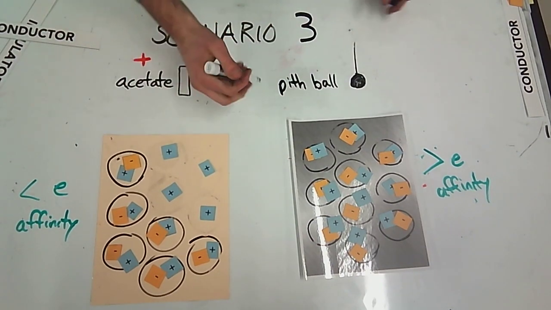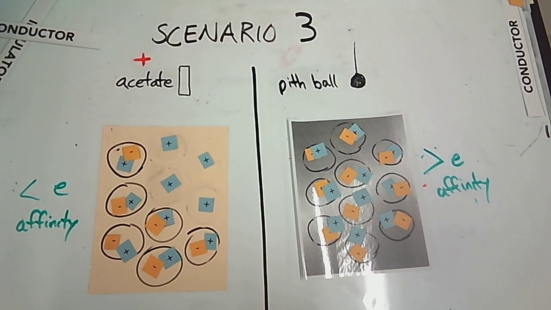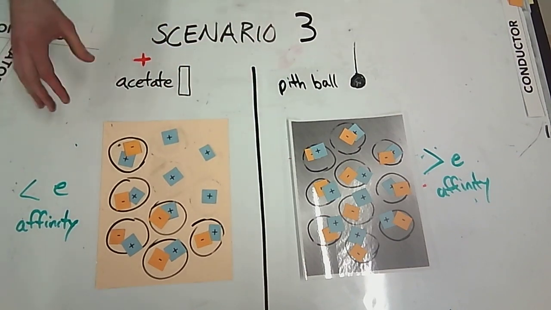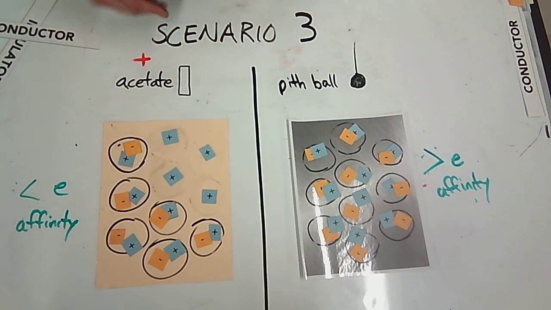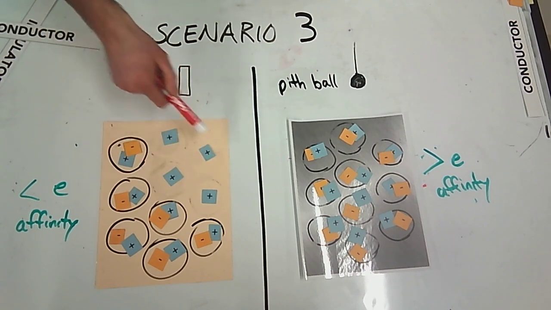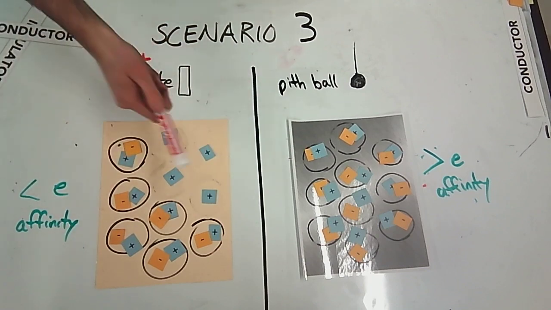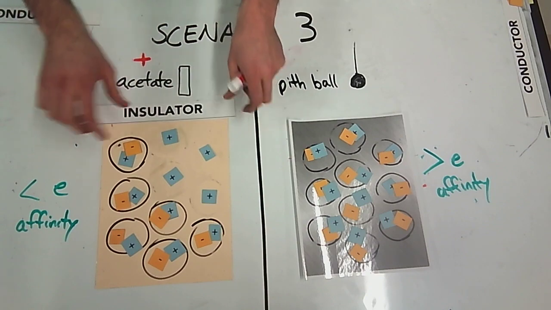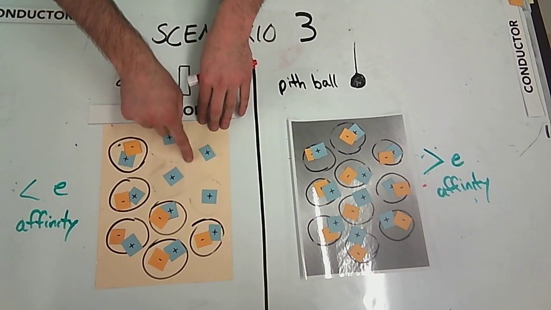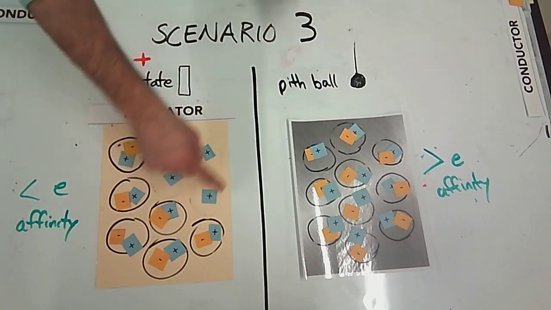Now, even though these objects are close in the model, let's say initially they're far apart. So I'm going to represent that with that line. And the acetate strip has 10 atoms, so I need to have 10 protons because that defines how many atoms there are. The electrons could change. And it has a charge of positive 4, which means that I need to take away 4 electrons. So it has 4 more protons compared to electrons. So 6 electrons, 10 protons. Right? Now, since the acetate is an insulator, it was charged in this upper right-hand spot. And with an insulator, the charge can't move very freely, so it's only going to be positive in that one